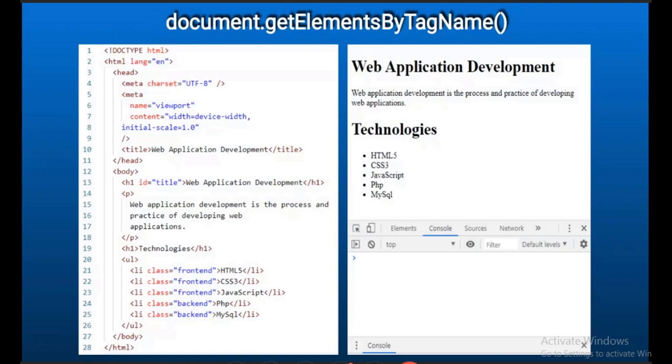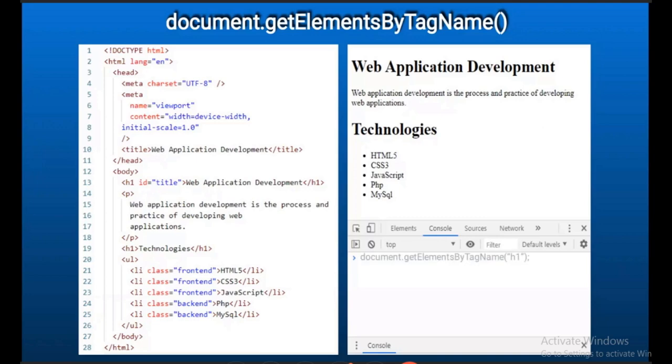Here you can see an H1 at the top of the body with ID title, and another below the paragraph, Technologies, which is again a heading. So there are two H1 elements. We will check what gets selected when we give document.getElementsByTagName.